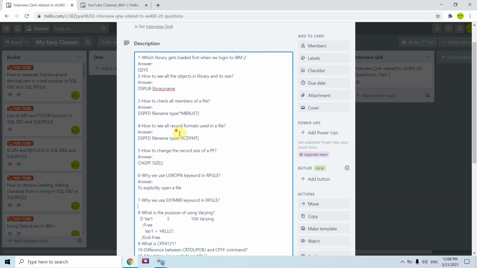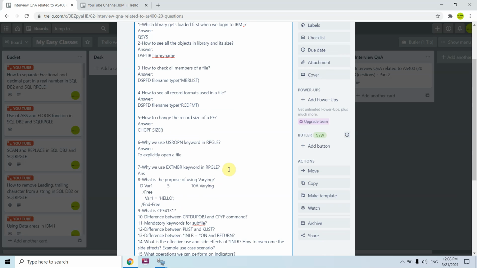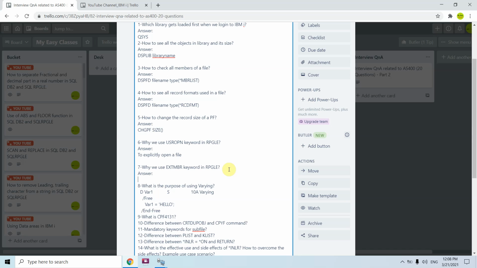Why we use the EXTMBR keyword in RPGLE? The answer would be, we can have multiple members in a physical file. So that file is basically called a multi-member file. In case we want to read any specific member of a file in our RPGLE program, or we want to process a particular member of a file in our RPGLE program, then we would be using EXTMBR to override that member.